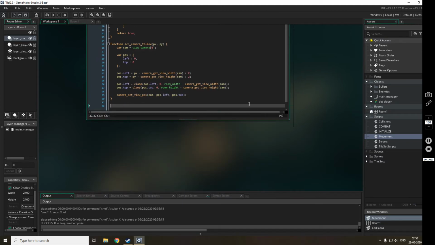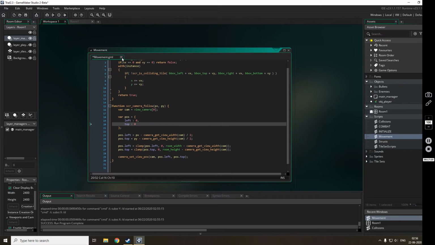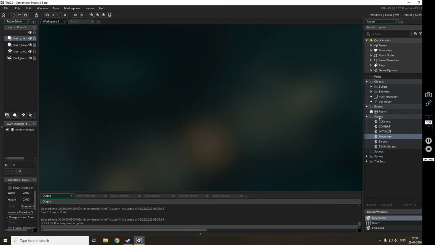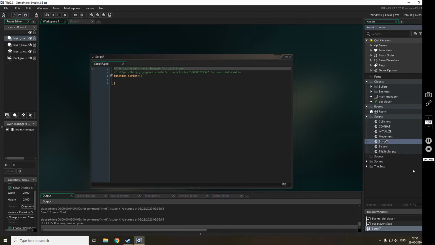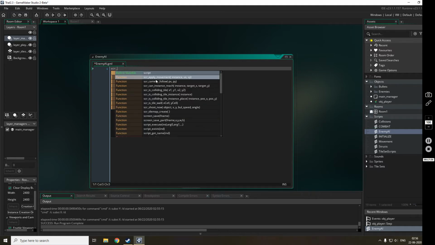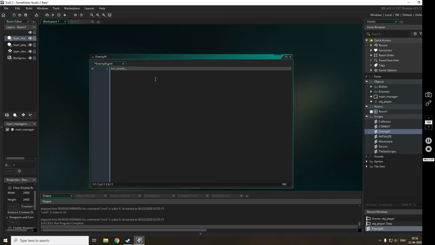So now, I will be creating another script called enemy AI. This will contain all the scripts, all the functions related to enemy AI. So the first function will be scr enemy get